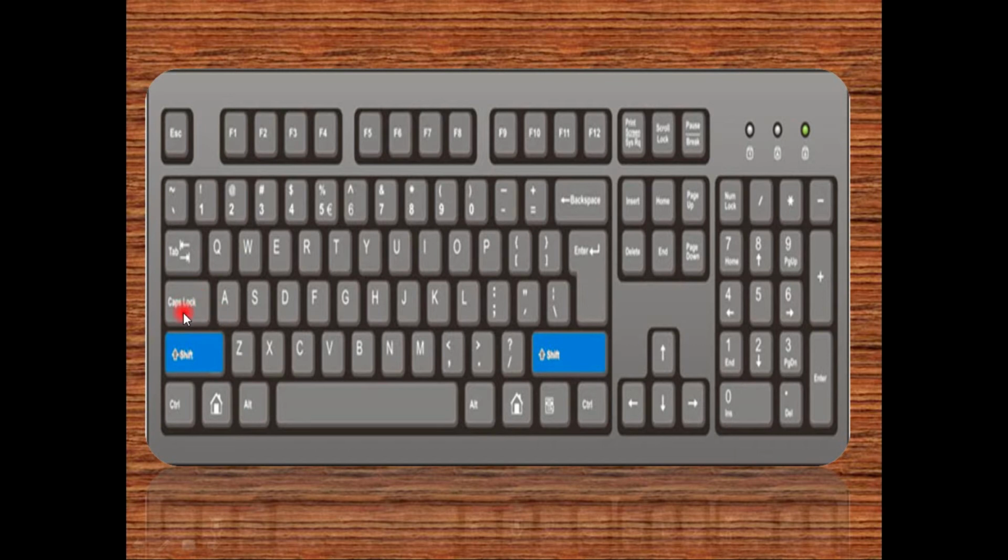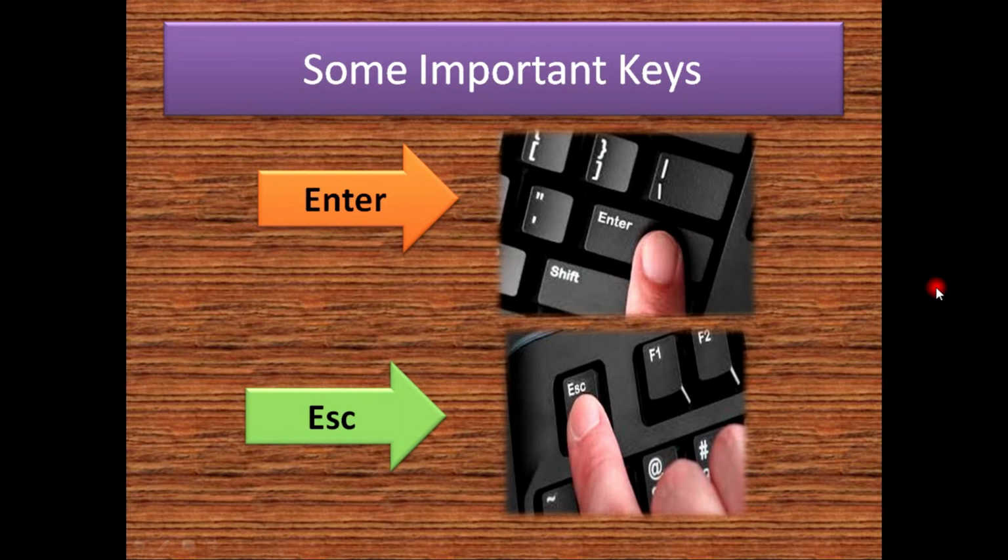If the caps lock light is on, then you can use this as a caps lock. It means these three lights identify the position or the status of your buttons, either you're on or off. We move ahead now. Just check some important keys. The first thing is your enter key. Enter key is the basic key in your